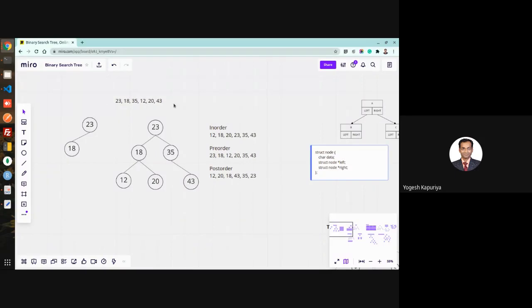First is enter your choice. Let's say we want to insert something. Let's continue with these values: 23, 18, 35.